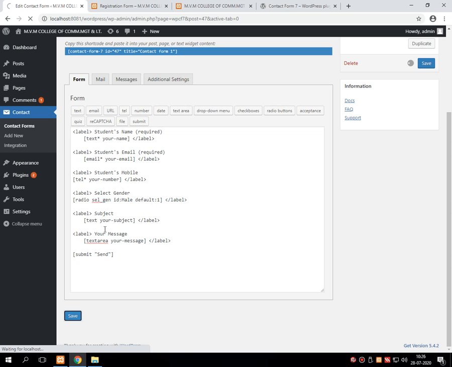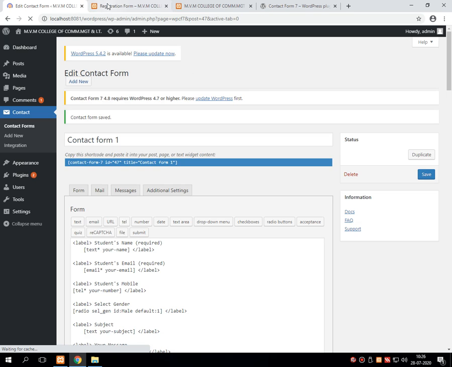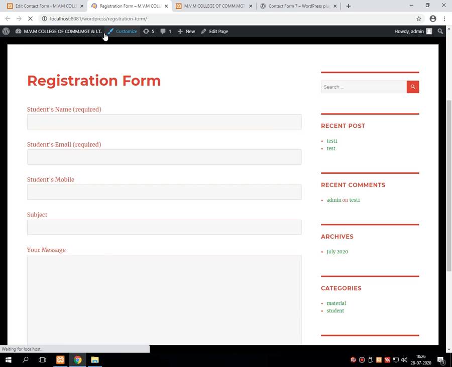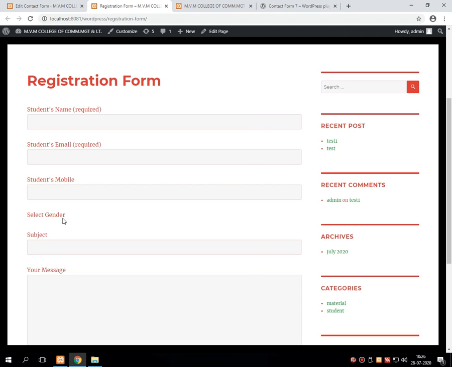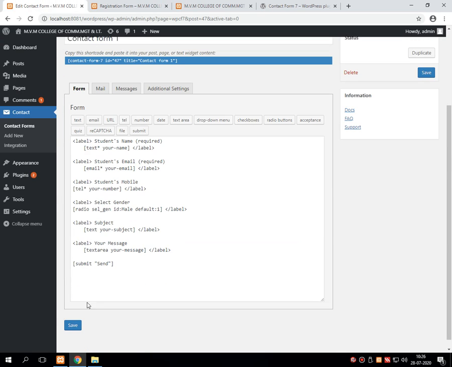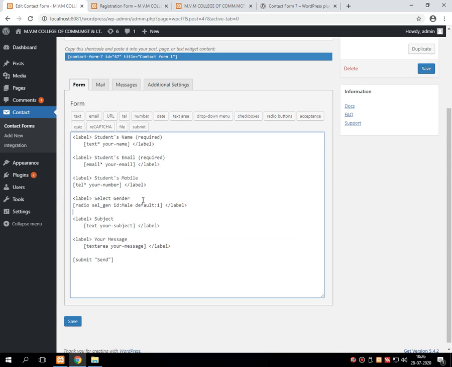Some error message is there, I need to check it. The label is perfect over here. Let's see what goes wrong.